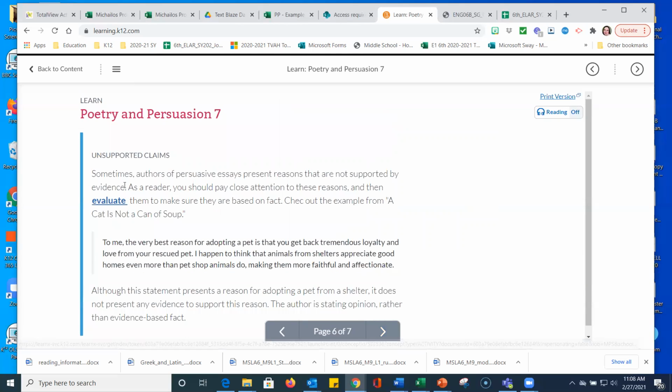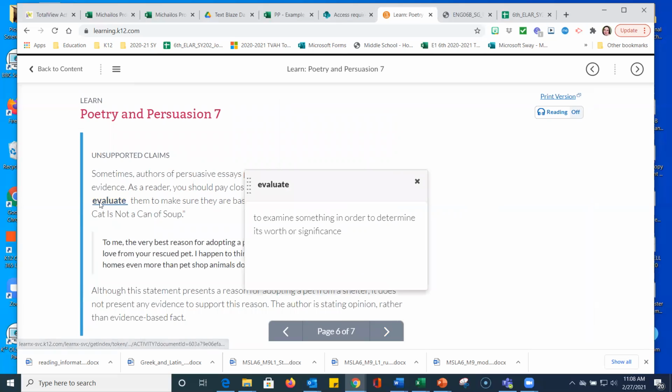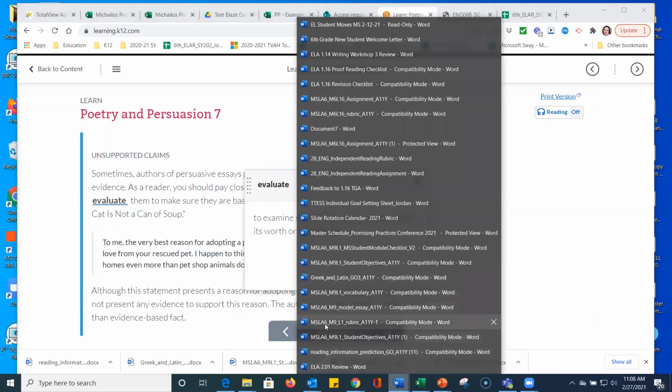Slide 6. Unsupported claims. Sometimes authors of persuasive essays present reasons that are not supported by evidence. As a reader, you should pay close attention to these reasons and then evaluate them to make sure they are based on fact. Check out the example from A Cat is Not a Can of Soup. And again, if you don't already have evaluate in your vocabulary document,